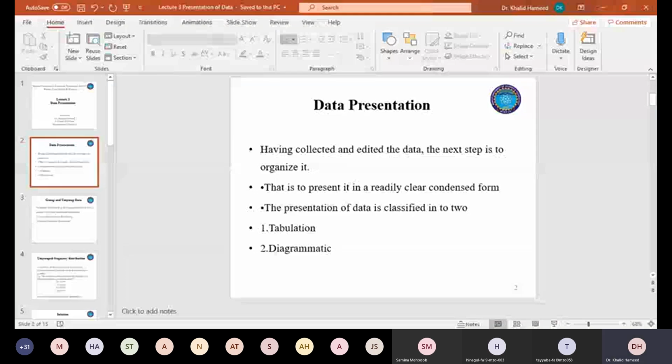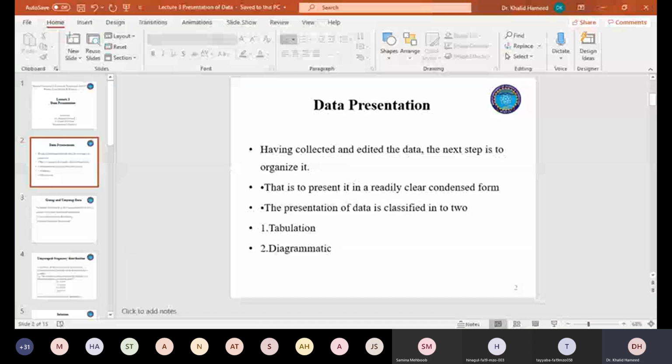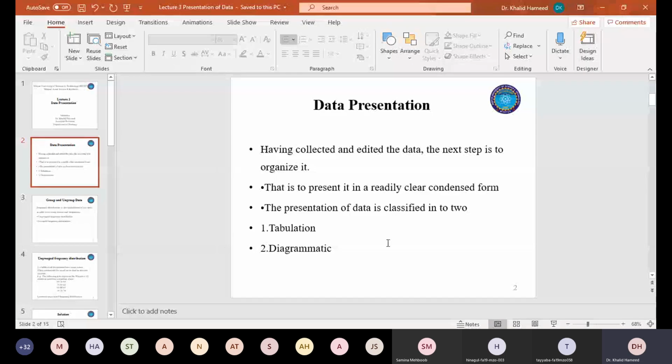So once you have information, either you conducted a survey or you have carried out an experiment, it does not make any difference. At the end of your research, what you are going to get is data. And now you need to present it. Normally, data is presented either in the form of tables or in the form of diagrams. So you have two options. Either you want to represent your data set in the form of tables, or you just want to go ahead with diagrams. And when it comes to the diagrams, there may be charts and there may be figures.